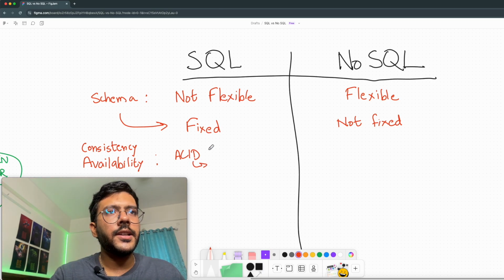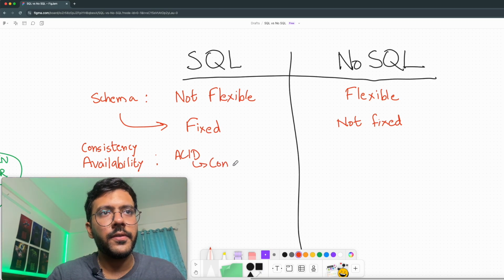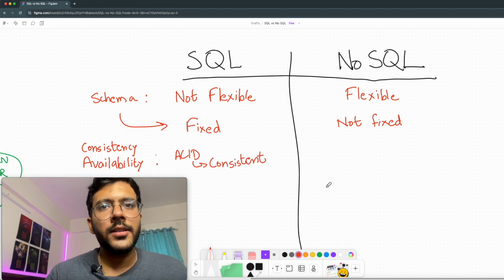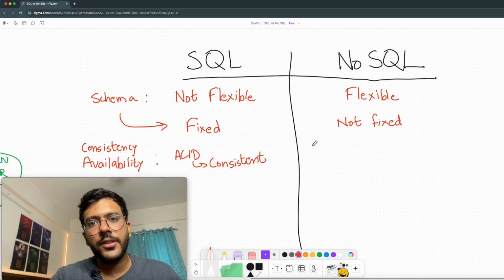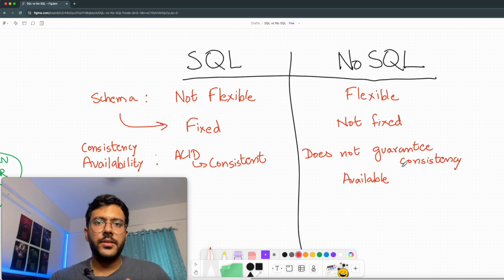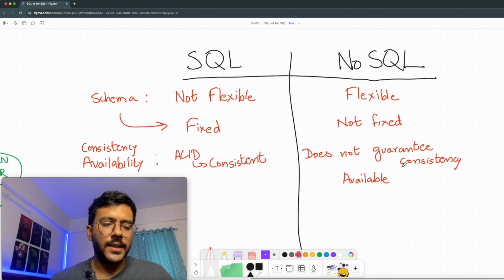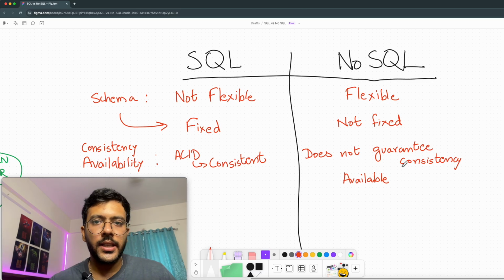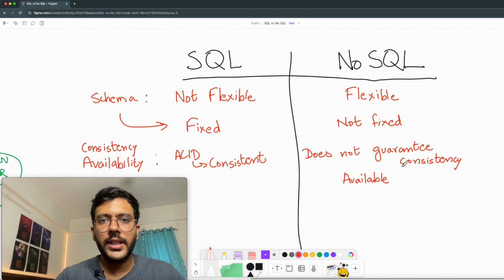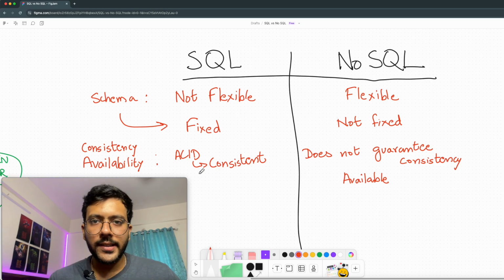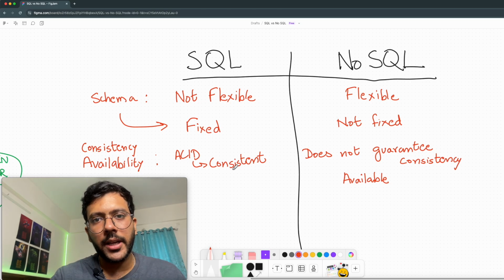So SQL is more consistent with the data, which also means it will be less available. Now NoSQL on the other hand does not guarantee consistency, but it is highly available. So if your application doesn't care so much about consistency, but wants to be highly available, you should go for a NoSQL database. Most of the banking applications, since they need to maintain consistency in money transactions, choose a SQL database to manage